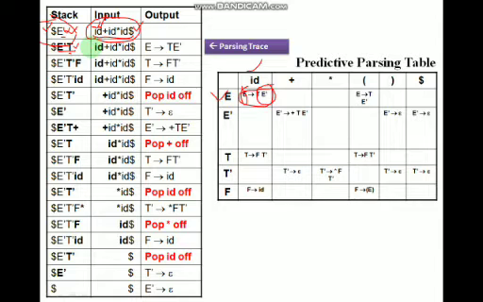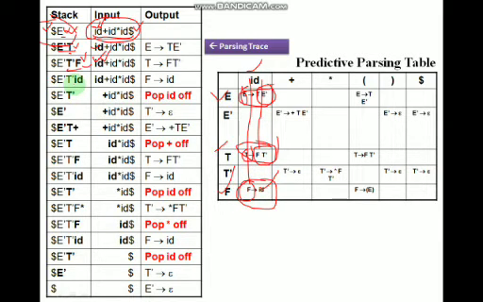Now this is T, this is id. Where is T? This is T and this is id. So we will apply this production rule. It means in place of T we will use F T dash. So look here, F T dash, with F at the top of the stack. This is F, this is id, because the input pointer is still pointing to the first symbol, that is id. This is F and this is the column corresponding to id. We will apply this production rule. In place of F we will push what? id.